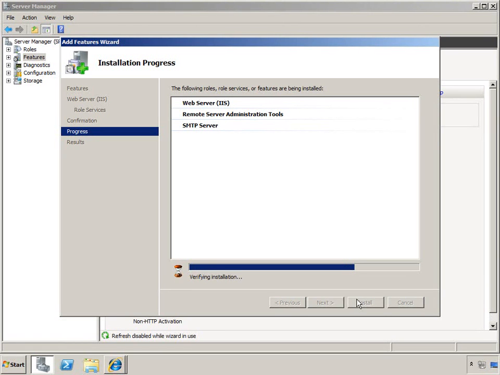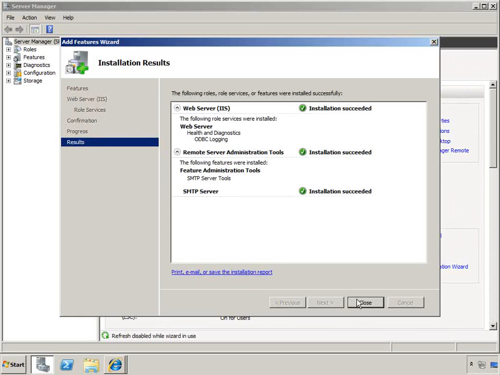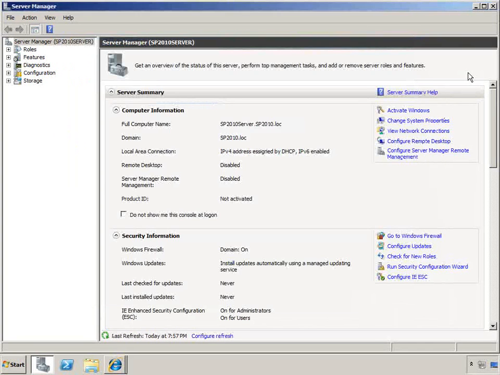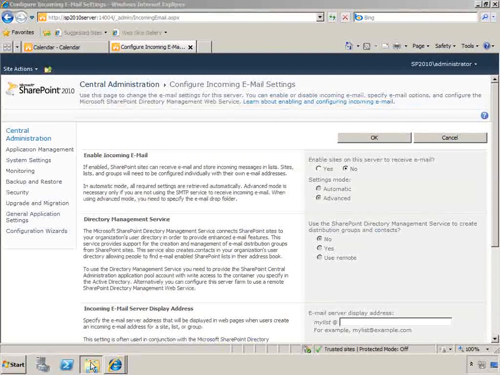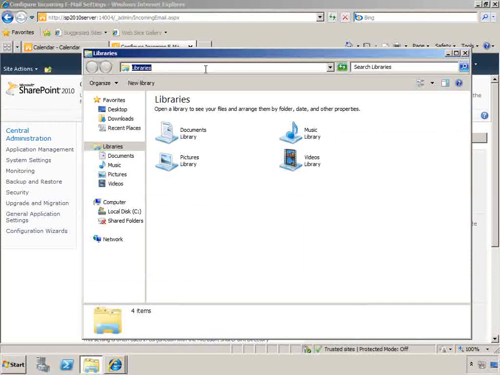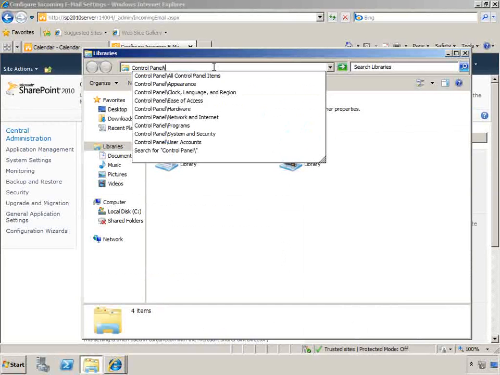So the installation seems to be pretty close to complete here. It's doing the verification stage and is just about done installing the actual SMTP server. So let's give that a moment to complete, which it seems to be done there, and we can now try and configure it and make sure that all the settings are the way we'd like them to be. So I'm going to close Server Manager here and load up the actual control panel admin